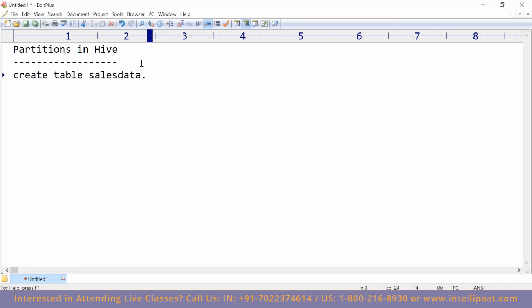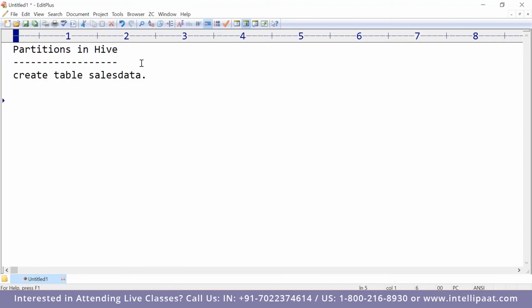I created a table called sales data because my manager says he has to upload some data related to sales. So I created a table called sales data with some schema, some columns and all, whatever we have. Now imagine you are working on a managed table. So for the time being, we assume that we are on a managed table, and by default,